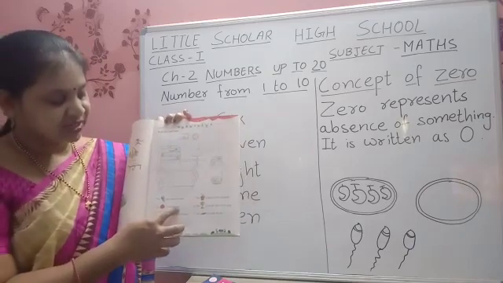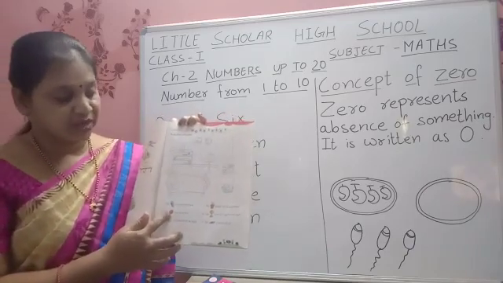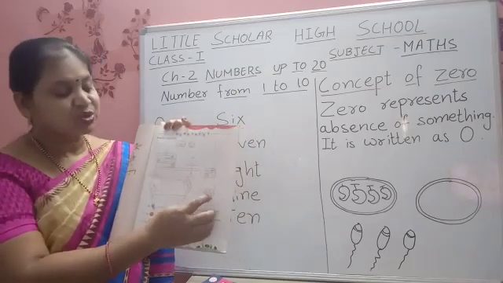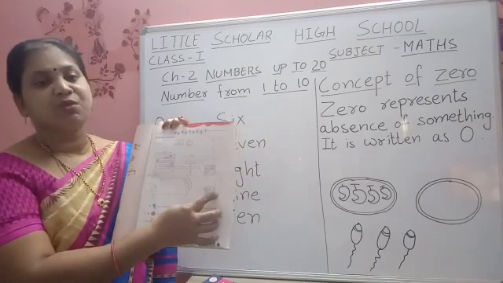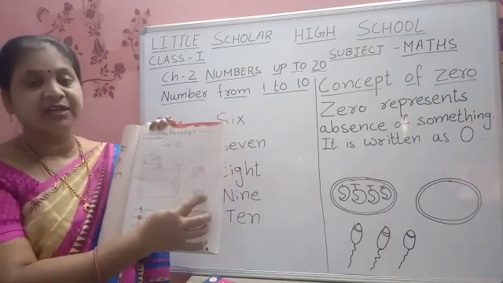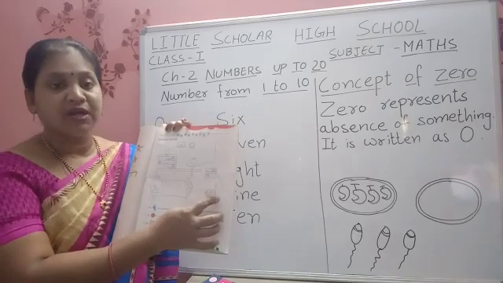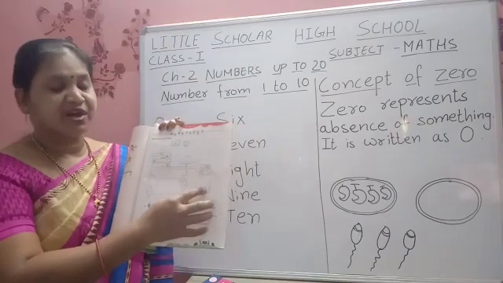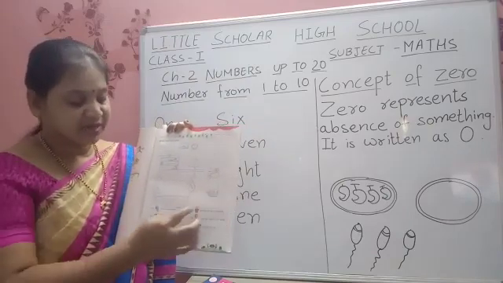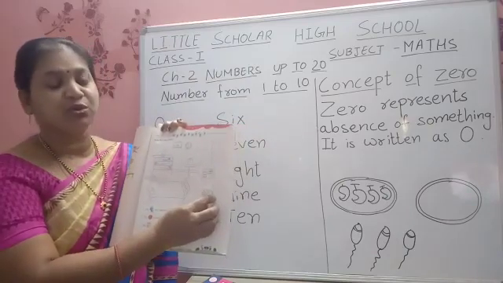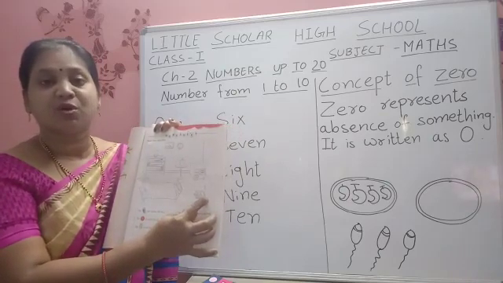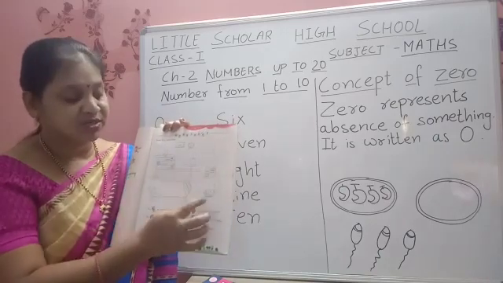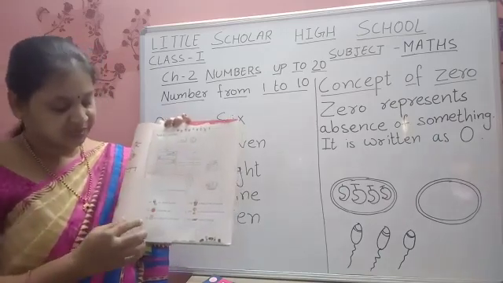The ball is near the cat. What is this, children? Ball. Where is the cat? Here. Near the cat do we have any ball? No. So draw one small ball near the cat. Is it clear? Near means close. Far means far away, a little distance. But the ball is near, so draw it closely to the basket. Near means closer to this basket.